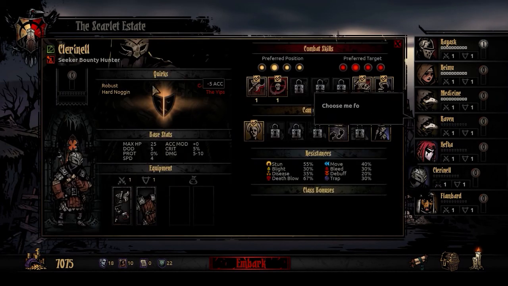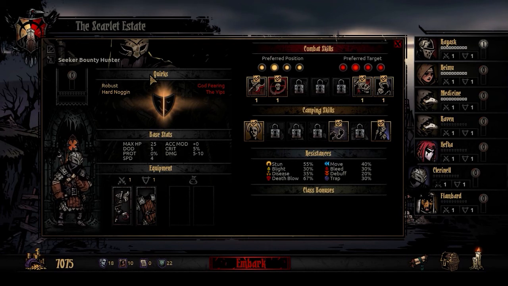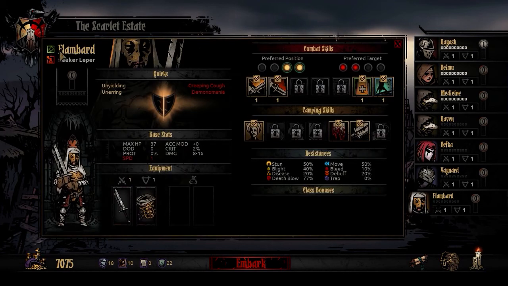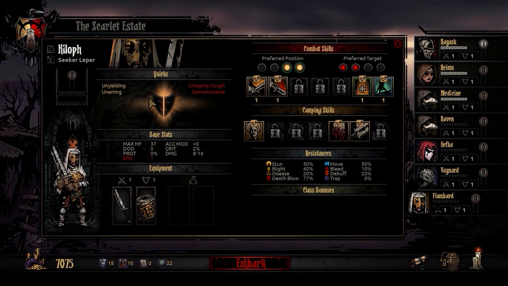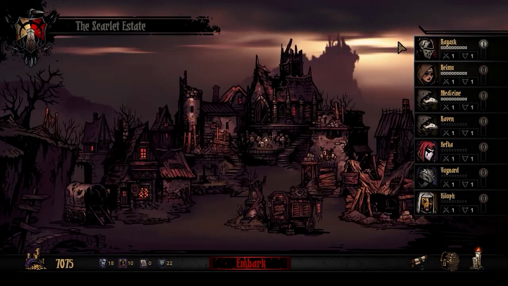What else we got? We got a Bounty Hunter, male. Who would satisfy this? We'll go Vaynard. And so we got this guy. Nope, nope, nope. We'll name you Kill Off. Why not? Just knock out that list. Alright, so we're pretty much over time, so...